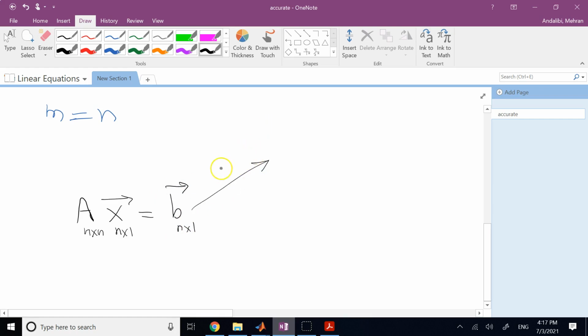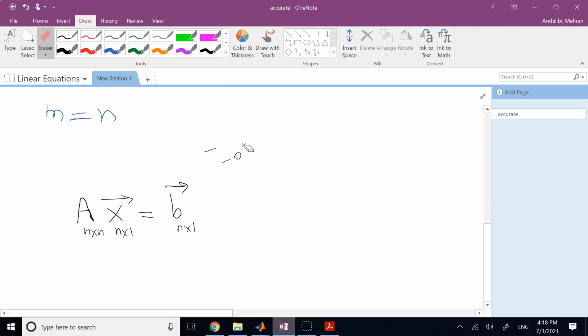Scenario 1 is this vector b is not completely 0. It doesn't mean that a few of the components of this b cannot be 0. Yes, they can. But not all of them could be 0 at the same time. So the fact that I wrote here b is not equal to vector 0 means not all of the right-hand side numbers in b are 0. Some of them could still be 0, but not the whole thing. If that's the case, which we call what? A non-homogeneous set of equations, then,